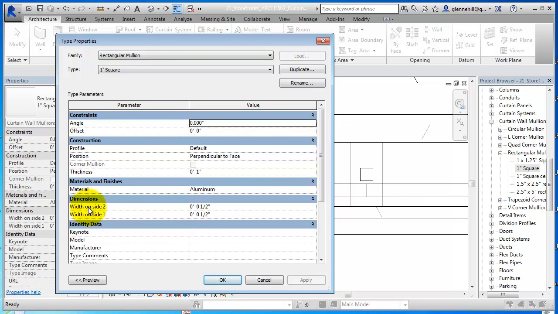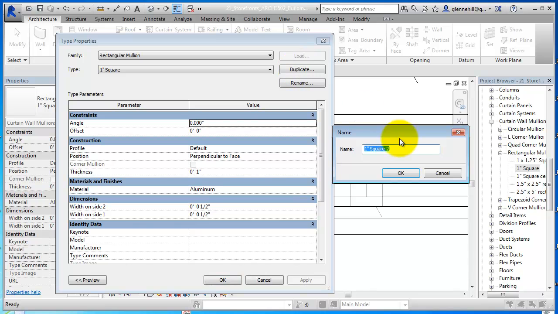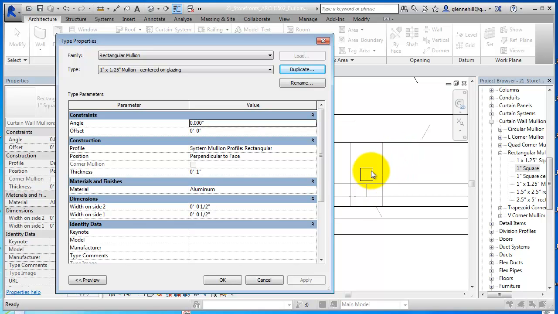And there are several things in here that you can do to adjust the mullion and change its location in the window. So I'm going to duplicate this and call this a 1-inch by 1.25-inch mullion centered on glazing, because I'm going to move the centering of it too. So you can see right now the mullion looks like this, and what I want to do is change these settings. But for these settings to have an impact, this new type needs to be replaced in our storefront